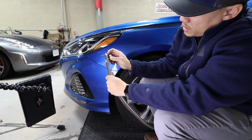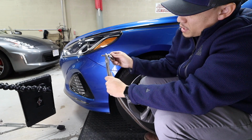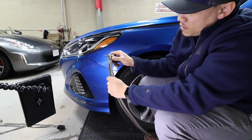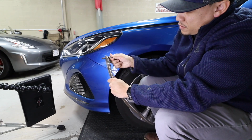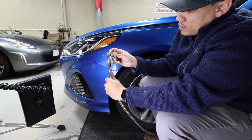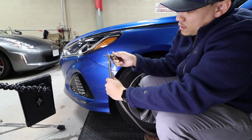The reason why I'm putting the nut on is so I can angle it the correct way. And a lot of times I don't even grab my tools. I kind of get it snug it, and then